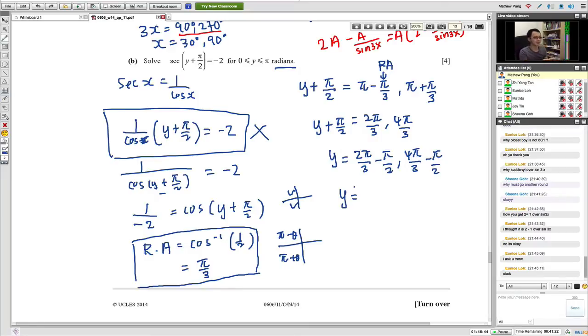Yeah, so 2 pi over 3 minus pi over 2, we get pi over 6. So for this one, it's actually very easy. This is 8 multiplied with 3. This is 5 pi over 6. Why would I need a calculator for this? After this you have to check, are all your answers from 0 to pi? Yes, because 5 pi over 6 is still below pi. So I think this is all the answer you have, and you can easily get 4 marks if you understand about this